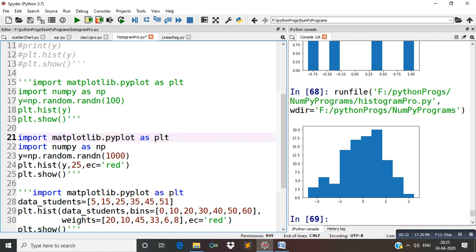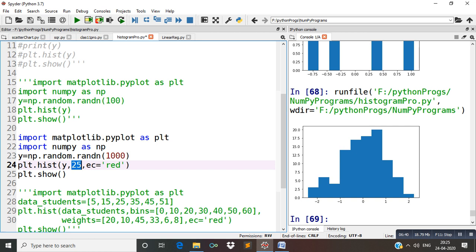Actually I have taken 1000 random values, and plt.hist y comma 25. Here what is the meaning of 25? Here 25 is the value of bins. By default we find 10 bins, that is 10 vertical bars. But if we mention the number of bins, then according to those numbers you can find these vertical bars.